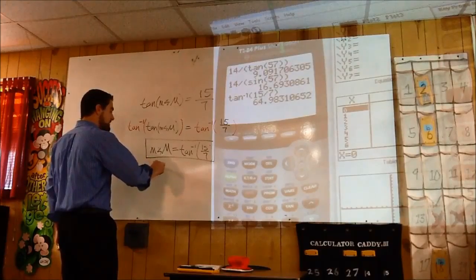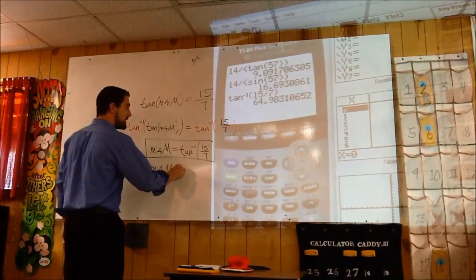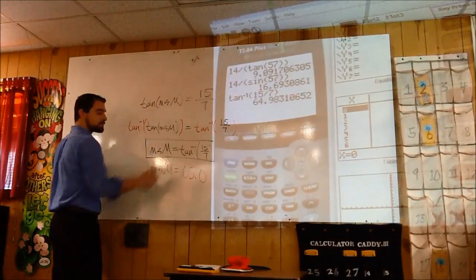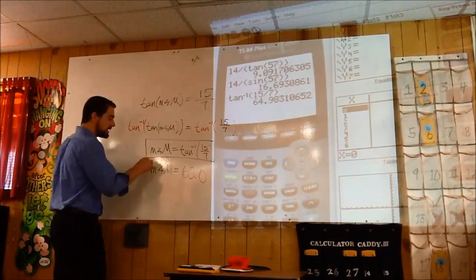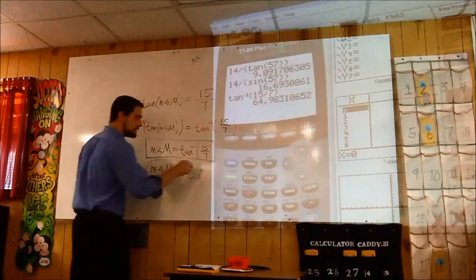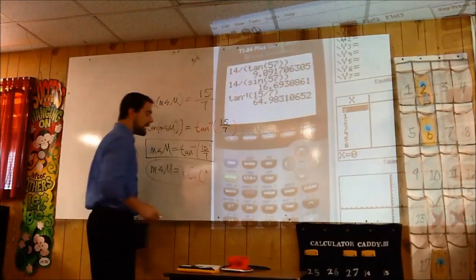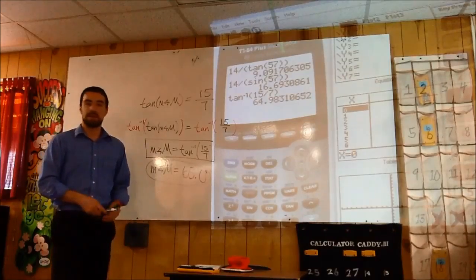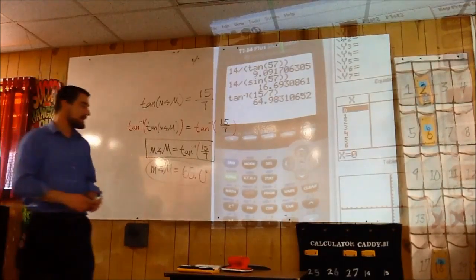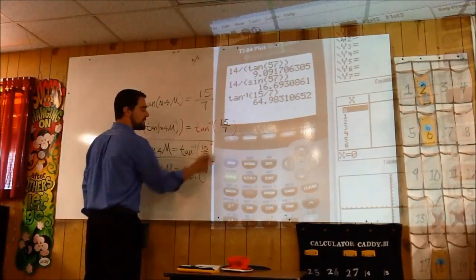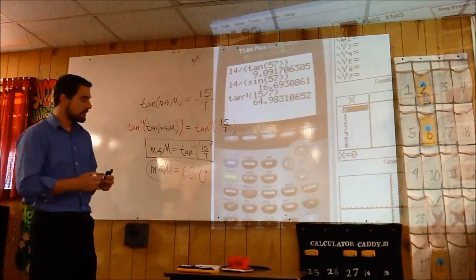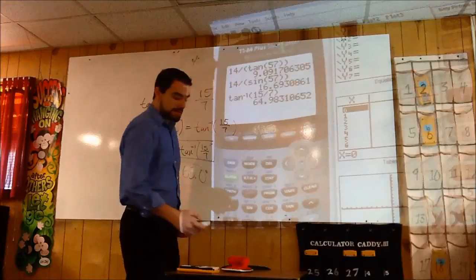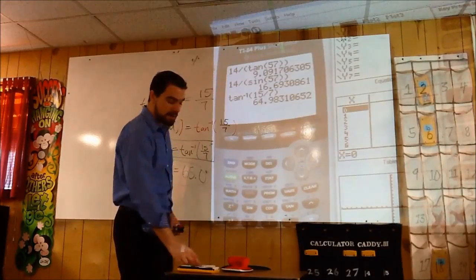And so I'm going to stick with that same notation. My exact answer is in a box, and then my rounded answer is circled. Okay? Please make sure you get in the habit of putting your units. This is degrees. Angle measurements are in degrees. All right, we're going to set up our